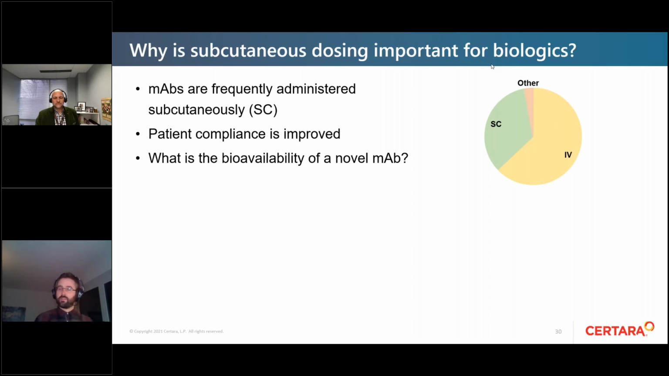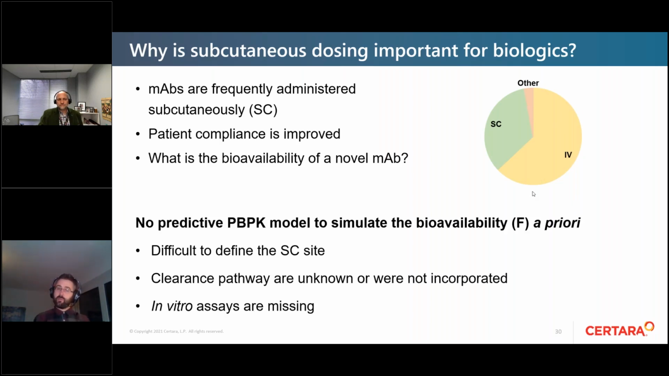If you look at the drug approvals of the past years, then we see that 1/3 of approved antibodies are for subcutaneous dosing. And this is likely to increase because patient compliance is improved and treatment costs are reduced. But the big challenge is, what is the bioavailability of any novel antibody, of any novel protein that you develop? And PBPK modeling can help in answering these questions, can help in supporting you for a first dose